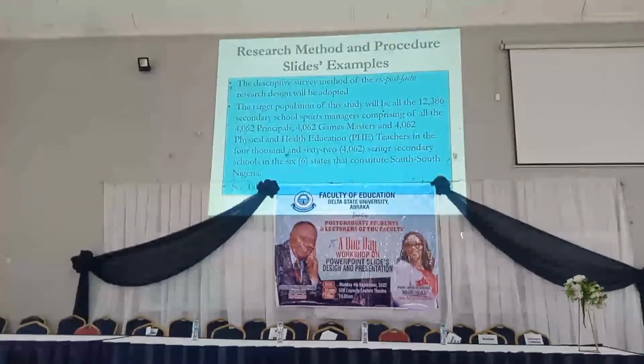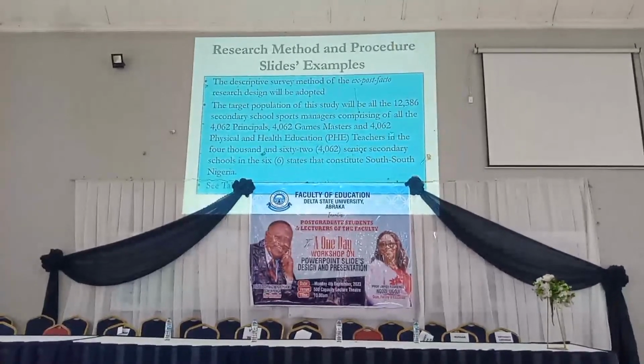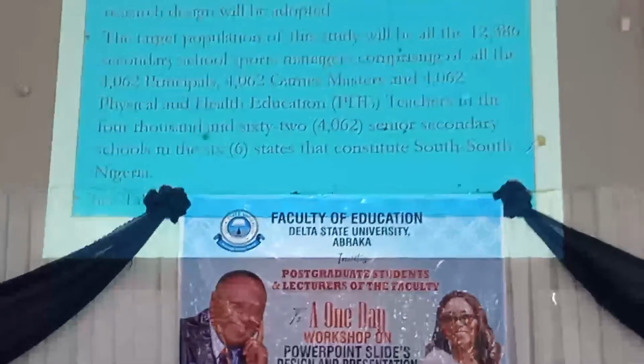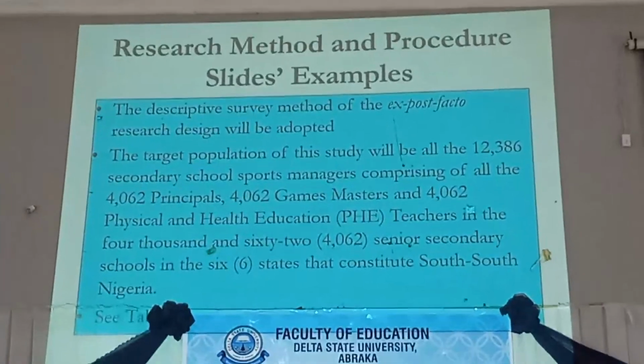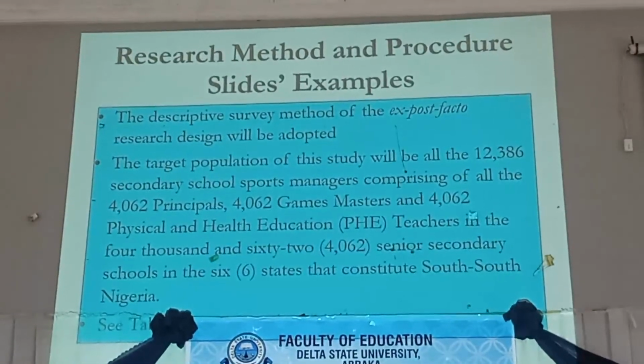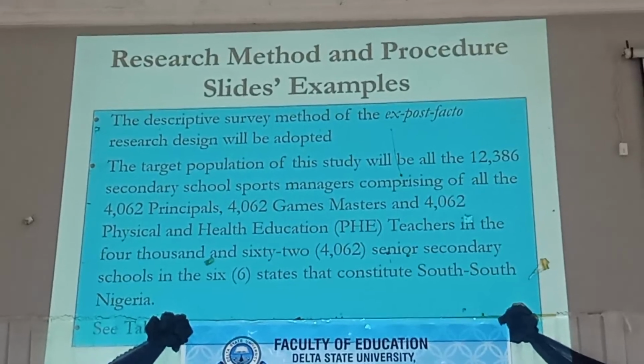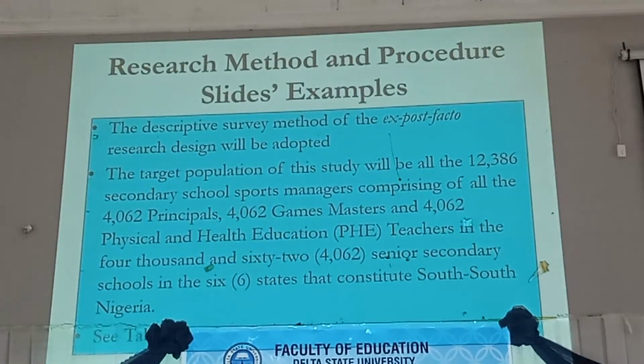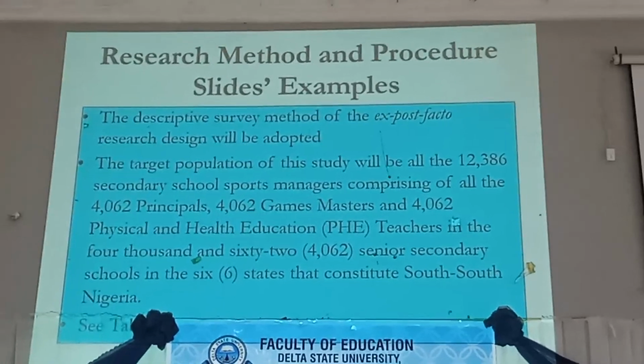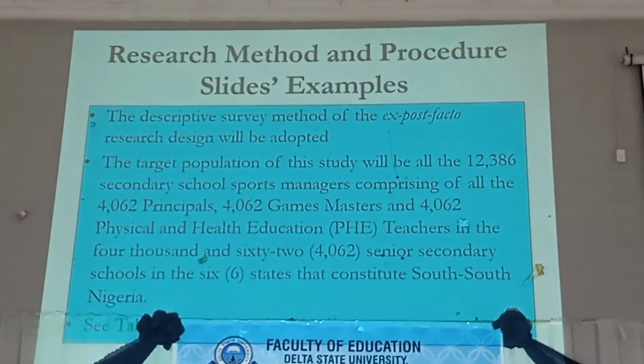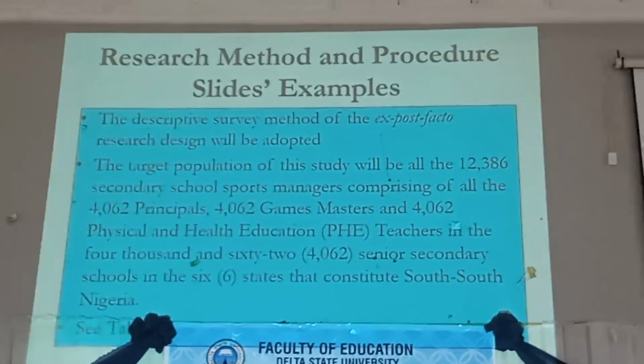The first point is research design. Point number 2 is what? Target population. The next one is sample and sampling technique. Next one, method of data collection. And finally,